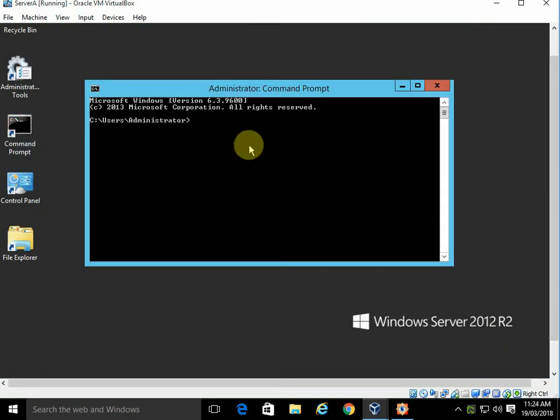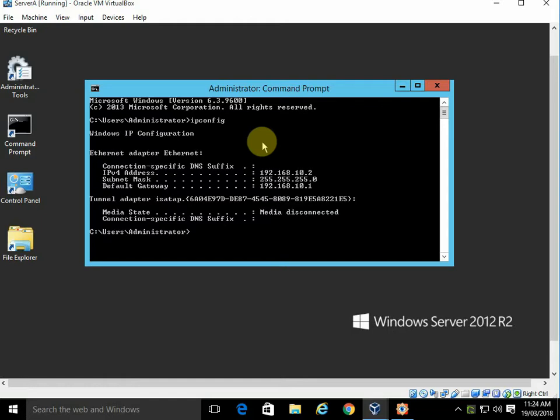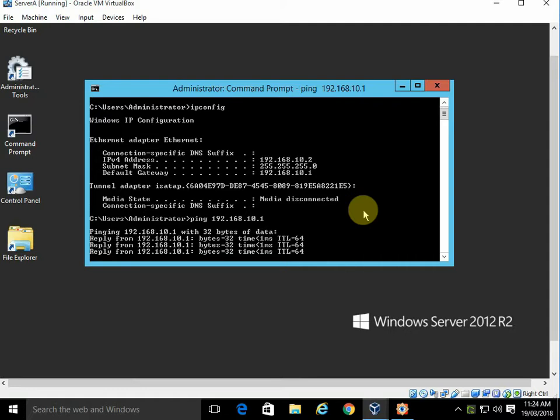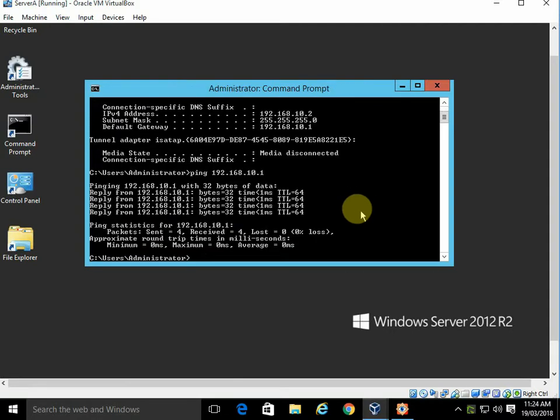So if I open up the command prompt and do an IP config, you'll see that I've got my IP address and my gateway is 10.1. I'm going to ping my gateway, 192.168.10.1. I can ping my gateway and it responds, which is good. Now, until I put